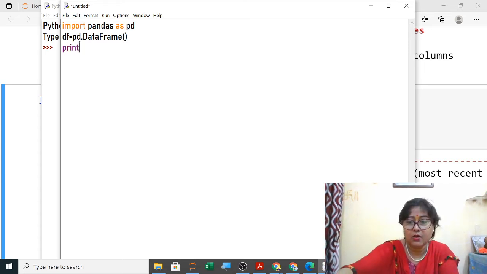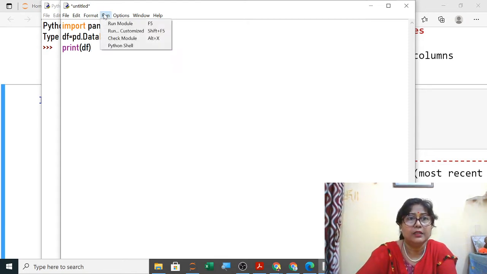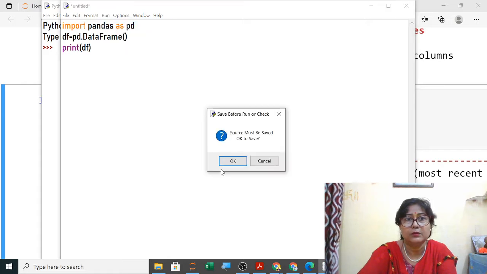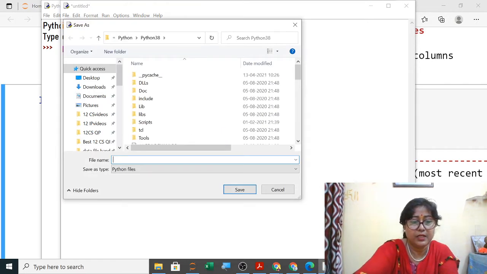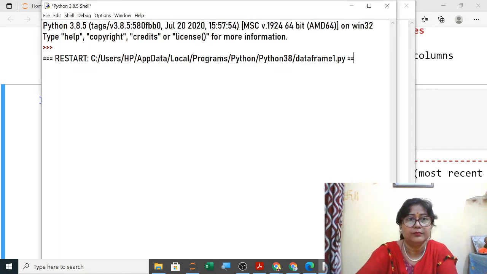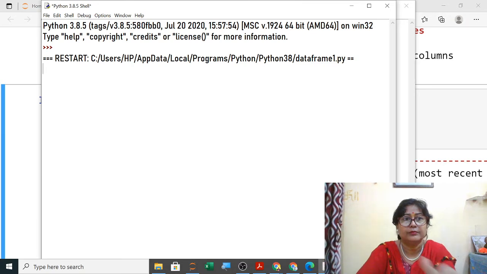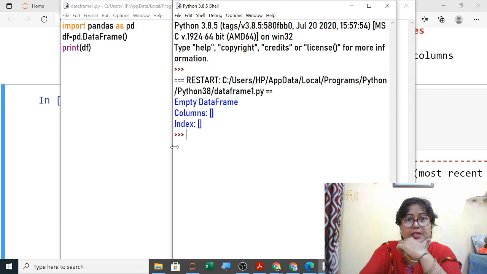Like today Anaconda is creating a problem. Yes, now let us save. Today we are doing data frame 1. Yes, now the empty data frame has been created.